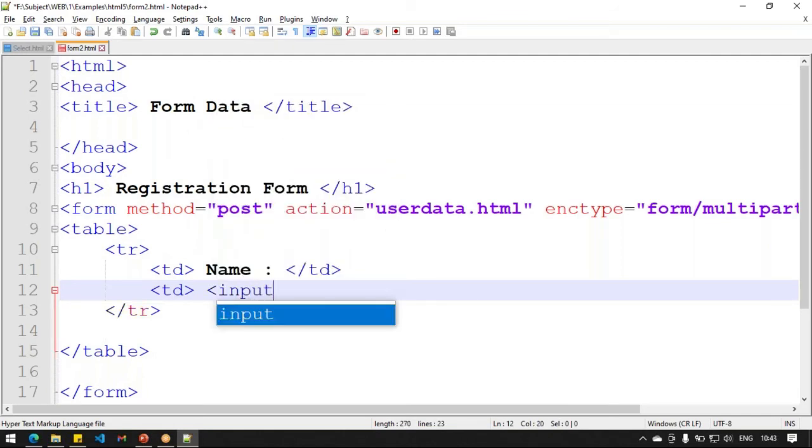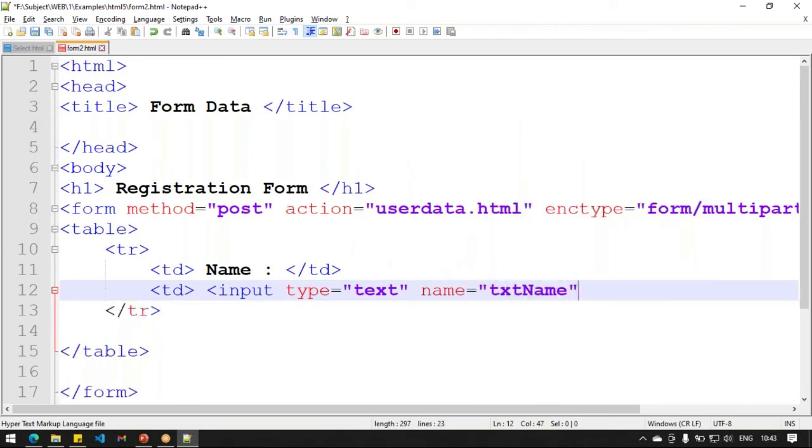Let's put the input type equal to text, name equal to txtname. Okay, width equal to say 500 pixels.